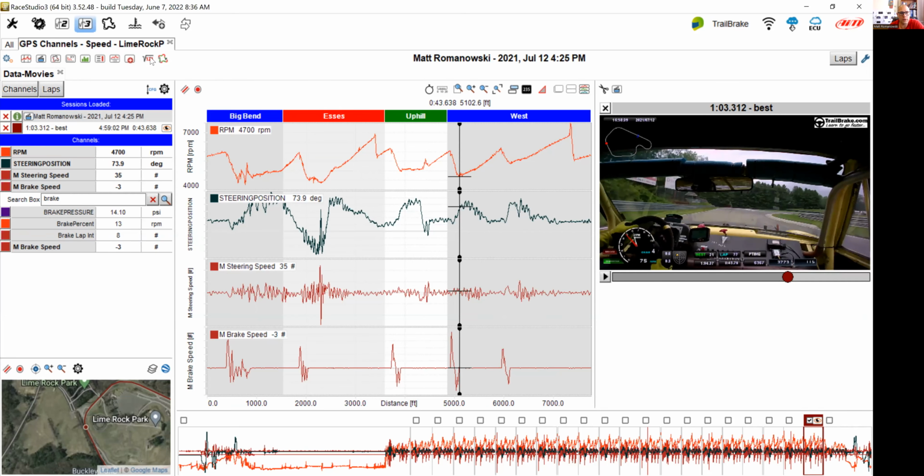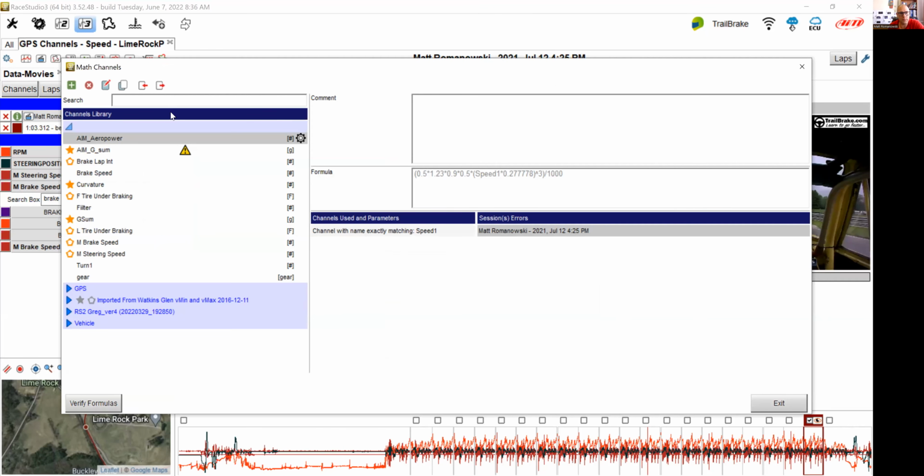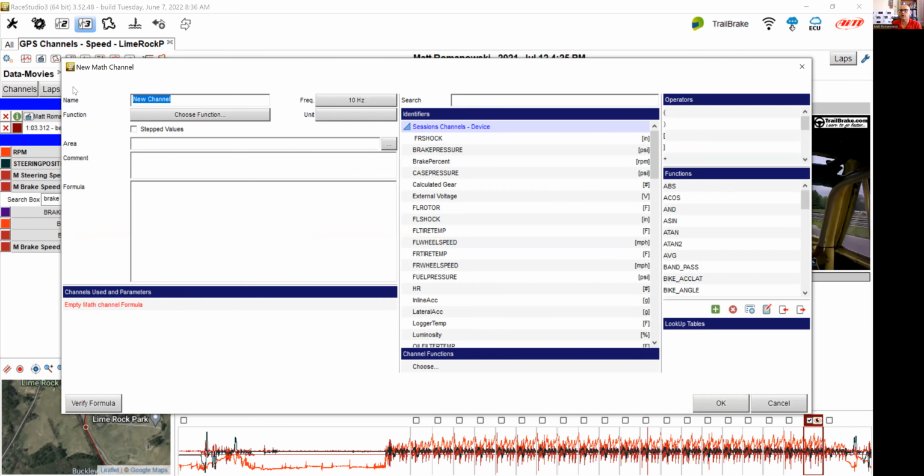The other one I want to go over quickly with people is, how do we build something maybe a little more involved? And I said, well, what's something different? And maybe we do it with tire temps. So again, I work with these, and I always think, how do I get the software to do as much as I can for me? Because it has some great things. So I'm going to call this,